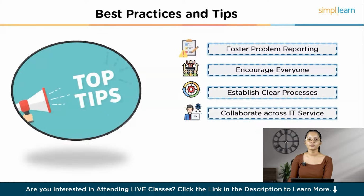Invest in training to develop strong problem management skills across your team. Leverage tools and automation to streamline the process and make it more efficient. Collaborate across IT service management processes to ensure a holistic approach to problem solving. Finally, continuously review and improve your practices based on feedback and experiences. By implementing these practices, you can keep your IT services running smoothly, save money, prevent recurring issues, and keep your